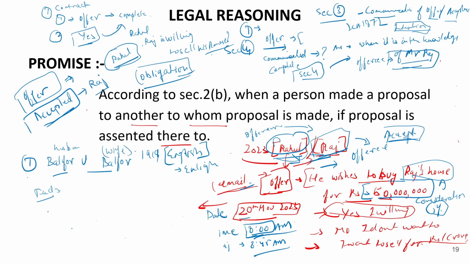So what happened was that the husband was going out for an official trip, and without any intentions and without any obligations, out of love and affection, told his wife that I will be giving you rupees $50 on a monthly basis for your maintenance. And then he left.